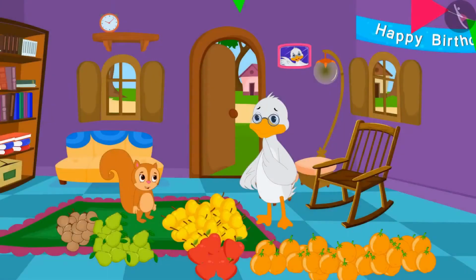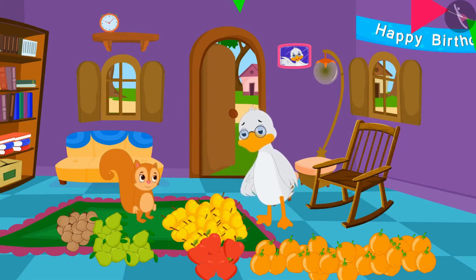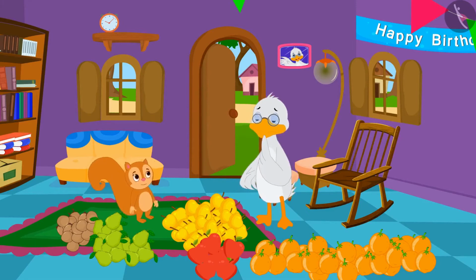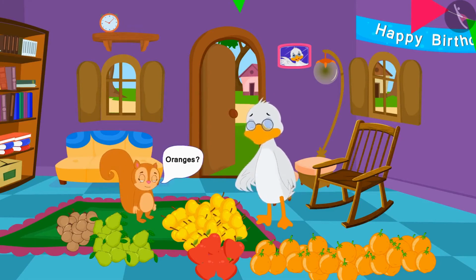As we finish counting the fruits, we will write the total number in front of the name of that fruit in this table. In this way, when we finish counting all the fruits, the numbers of all those fruits would have also been recorded, and we can very easily find which fruit is largest in number. Uncle, do you remember the number of oranges? Chanda asked Uncle.